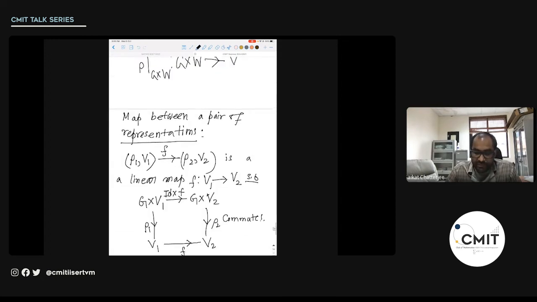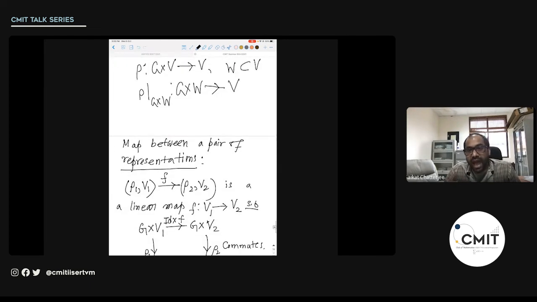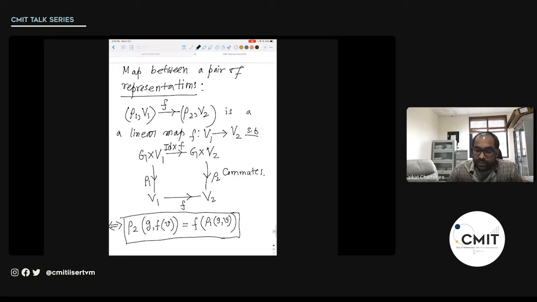Now, as I have said, in mathematics, if you define some object, you also want to define an arrow, a morphism between these similar objects. And that's when category theory comes into the picture. So now I also want to define a map between a pair of representations. Again, I am keeping the group fixed. I am not changing the group G, so I am not mentioning it here. So suppose the group is G, and you take a pair of representations of this group, rho 1, V1 and rho 2, V2. A map from rho 1, V1 to rho 2, V2 is simply a linear map between the vector spaces V1 to V2,